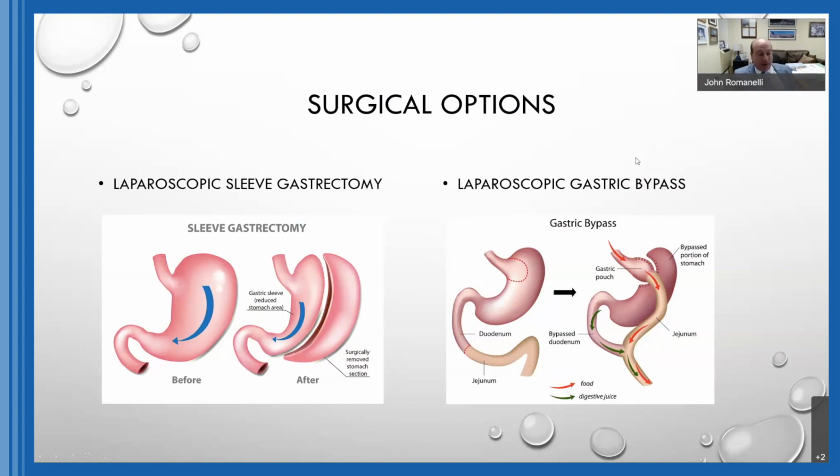The gastric bypass has been around since 1967. And in fact, the surgeon who invented it, Ed Mason, recently died at the age of 100 just a few months ago. In this operation, we divide the stomach into a small gastric pouch, and we divide the intestine, and we bring the intestine up to that gastric pouch, and we reroute gastric juices and bile and pancreatic juices into the intestine much further downstream, causing us to digest inefficiently. So the sleeve gastrectomy only limits the volume of food. The gastric bypass limits the volume of food and causes maldigestion.